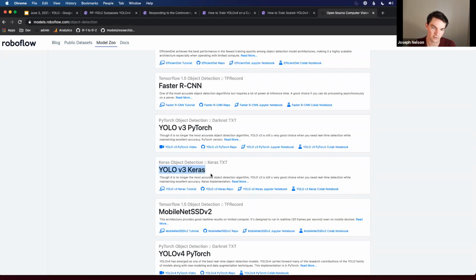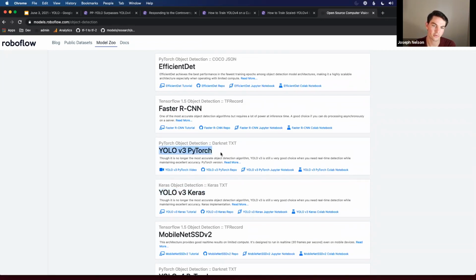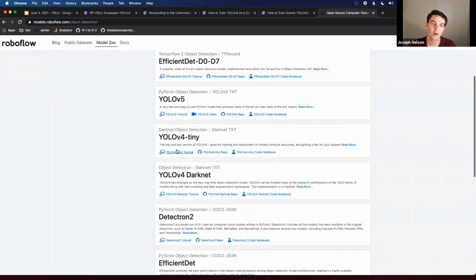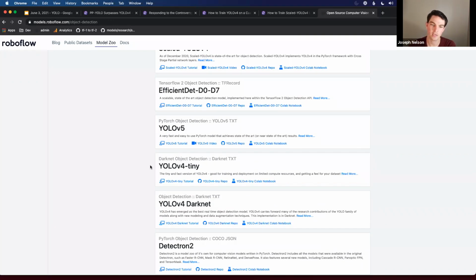So this is YOLOv3 implemented in Keras. This is YOLOv3 implemented in PyTorch. You also have YOLOv4 and Darknet. One type of model we didn't talk about, sorry, was the YOLO Tiny models, which you'll see there's YOLOv4 Tiny,